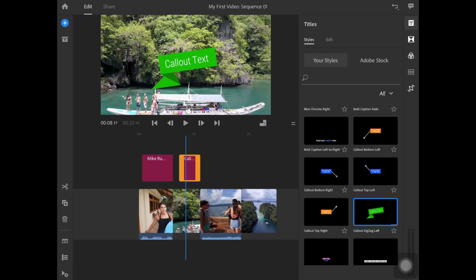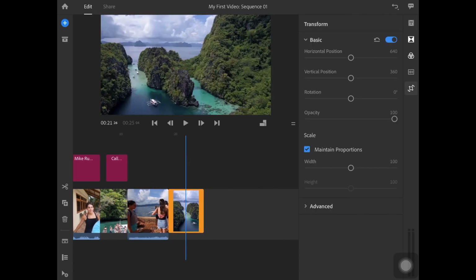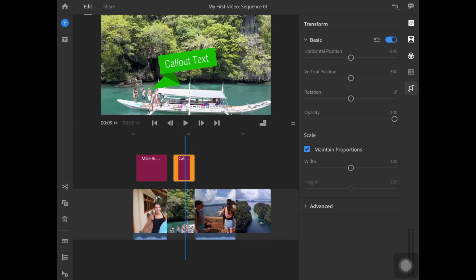I'm going to quickly come down. On the top right, we are still in the T icon, but let me come down to the last icon. This is called the transform icon. So what am I selecting in the timeline? I'm selecting the 2nd text template that we just added, and I'm coming to the transform icon, and immediately there are options shown: horizontal position, vertical position, rotation, and opacity. So I will just shift this maybe here. See, I'm just playing along with the sliders on the right and see how it is affecting the horizontal position, the vertical position, or even the rotation.